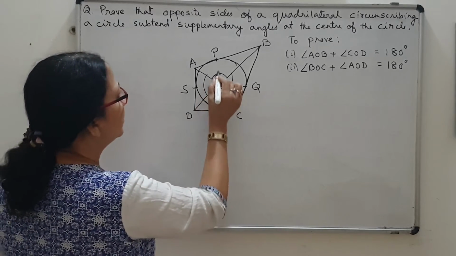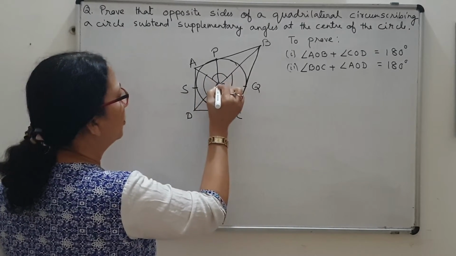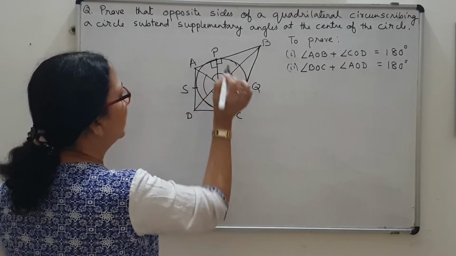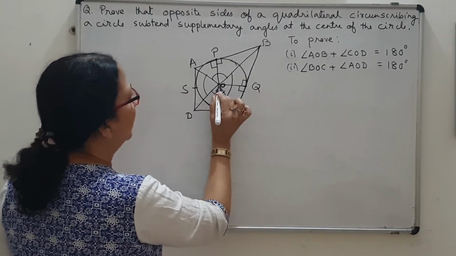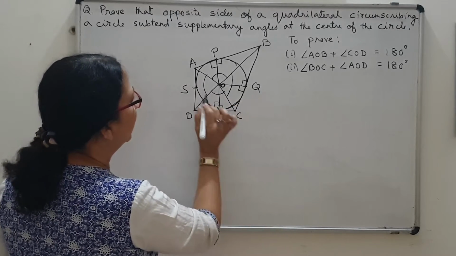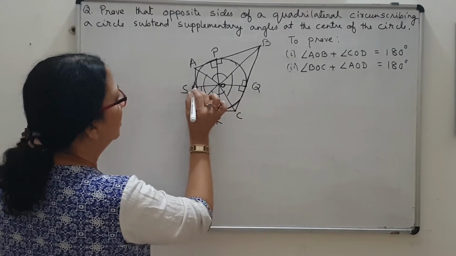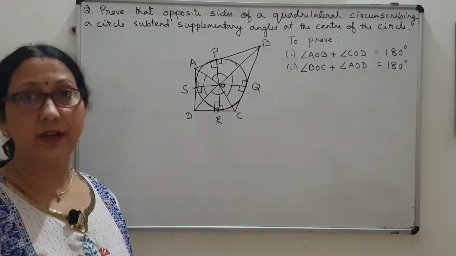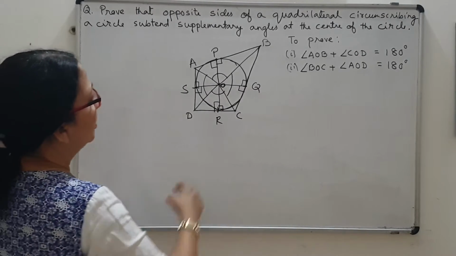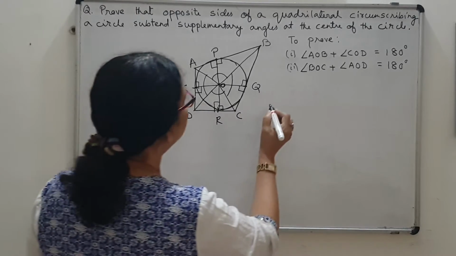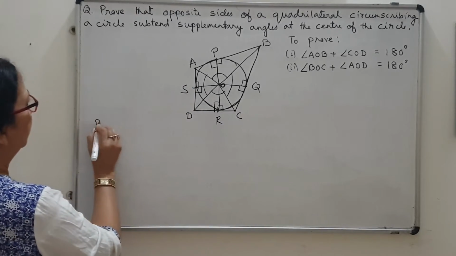So tangent is perpendicular to the radius through the point of contact. So this is 90, this is 90, similarly this is 90. Okay, that you understood. By the first theorem we are getting this. Now what we will do after that? Now consider, you take the triangle. Proof, I see, now writing the proof here.